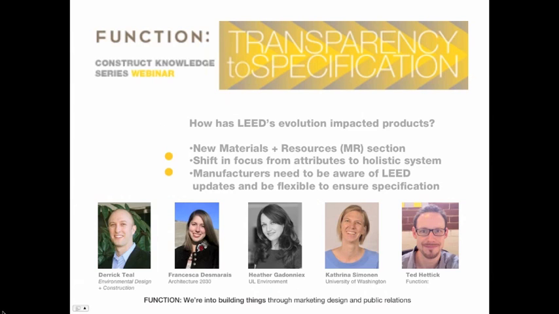As LEED buildings become more and more popular, manufacturers want to make money and sell their product. As LEED buildings become more popular, they're going to be taking up more of the market share. Products that get into LEED buildings are going to be taking up more of the market share, and manufacturers are going to want to get their products in there. So you've got to do what it takes to sell your product and get it into these buildings. And if that means changing how you manufacture a product, you're going to do it to make sure it gets in there, and then you maintain your own market share in your industry.